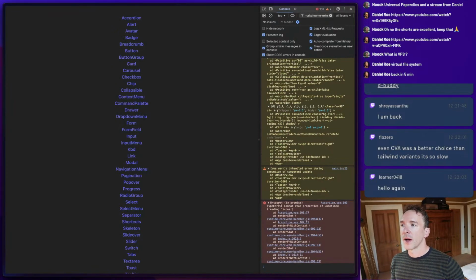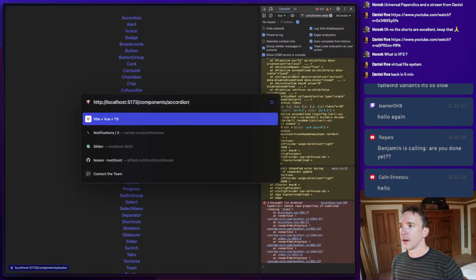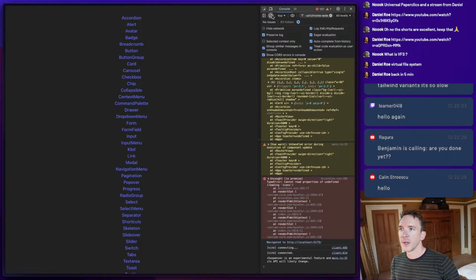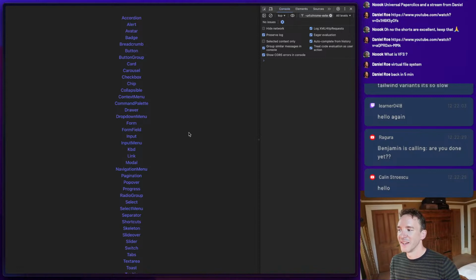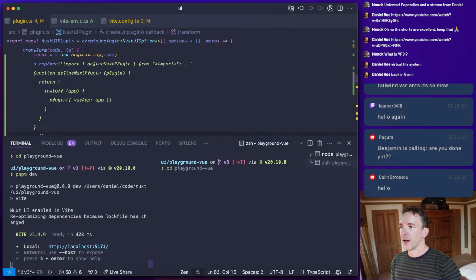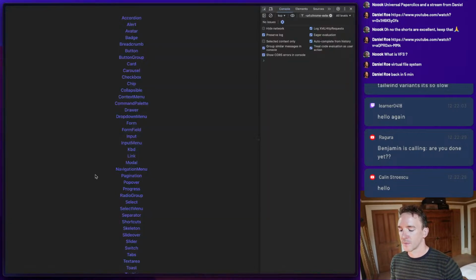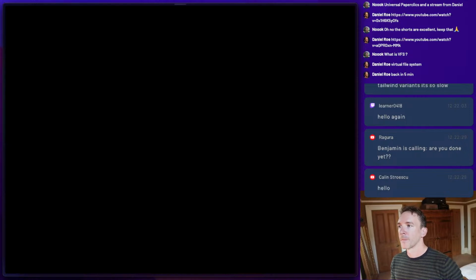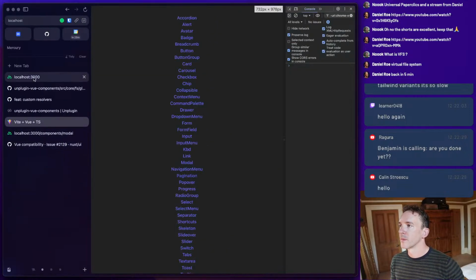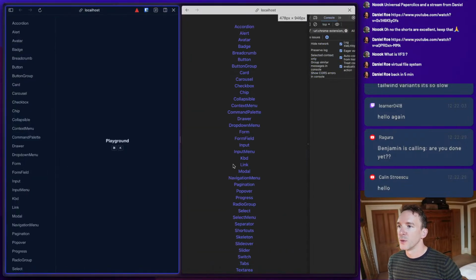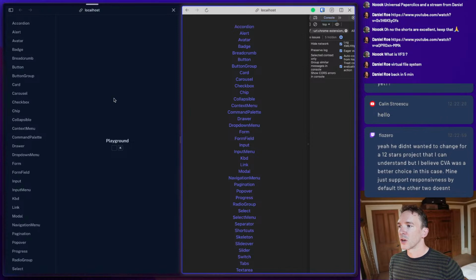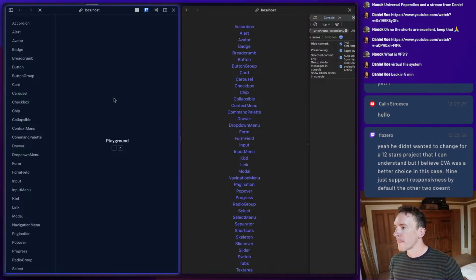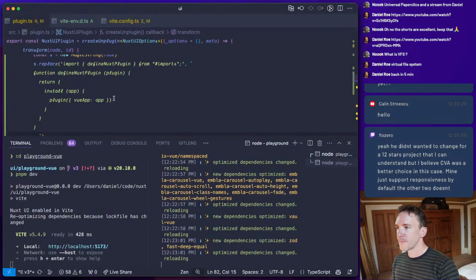Okay, the thing that we now need to do, I think, is, well, there's two things that we need to do, right? So we need to get the Tailwind bit working. Let's just open in another window the Nuxt playground so we should see what it should look like. Okay, so these are our two options, and we want this to look like this. So let's see if we can do that.